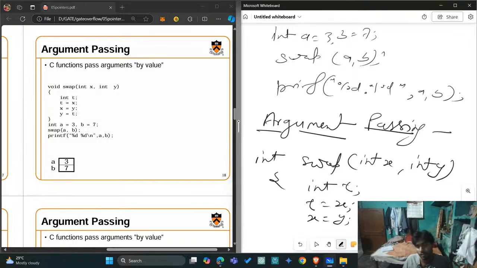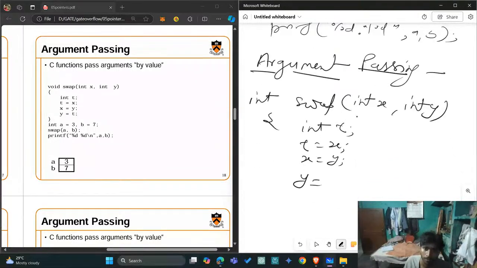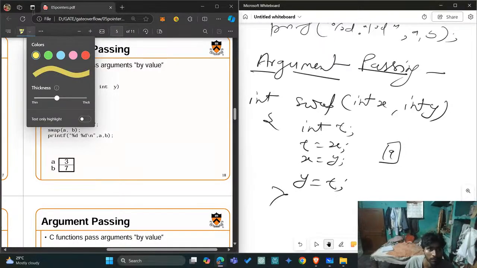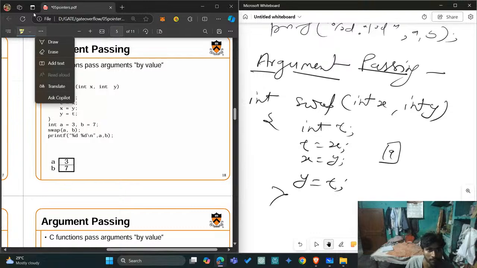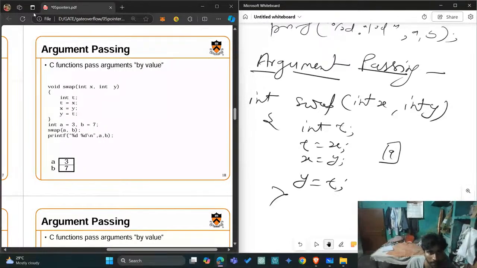All right, no, it's not like that. All right, yes, it is right, and we put the value of t in y. So what has been done here? So let's say a was this in that storage like this. Wait a minute. Where is the pen here? Draw. All right. So when we defined these two variables a and b, these variables acquired some space in